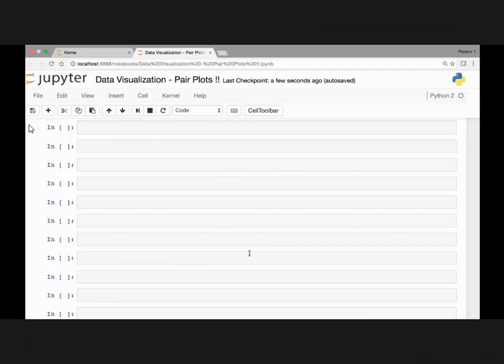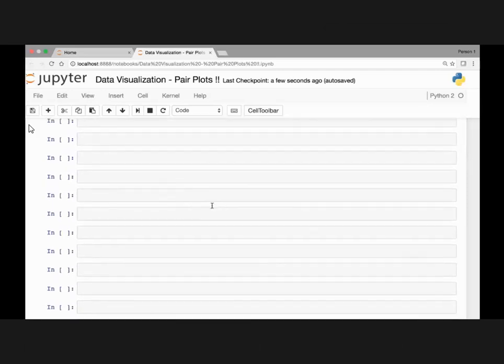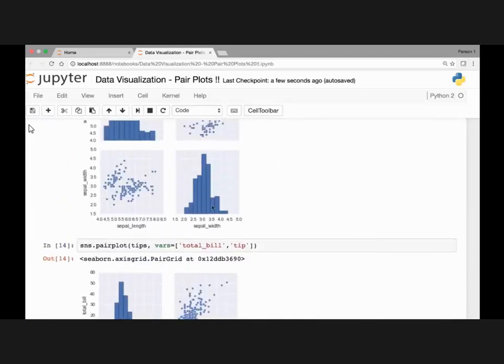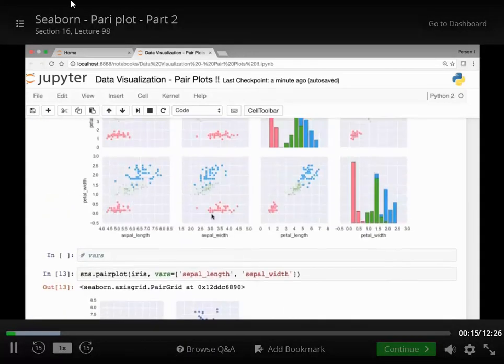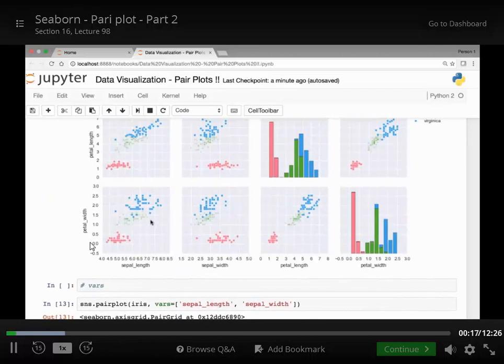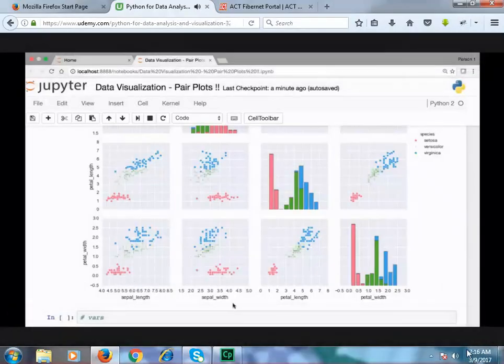Hello everyone, and welcome back. In this lecture, we'll continue our discussion of pair plots. In the previous lecture, we saw how we could use pair plots to see the relationship between our variables, and we looked at the iris dataset to see the